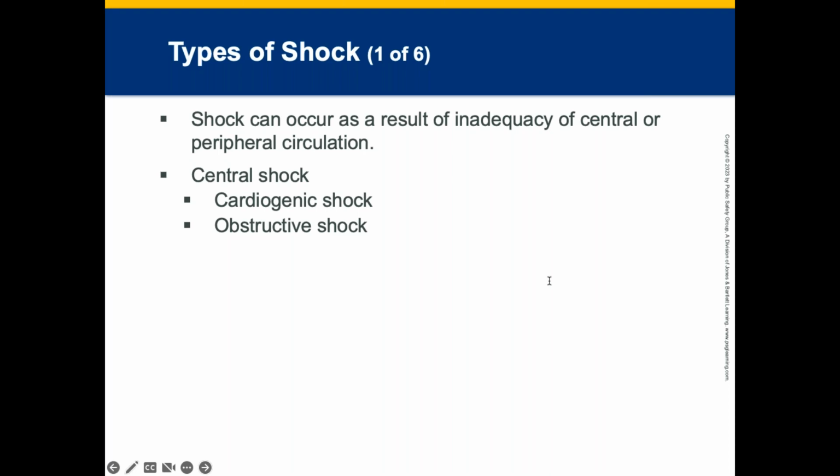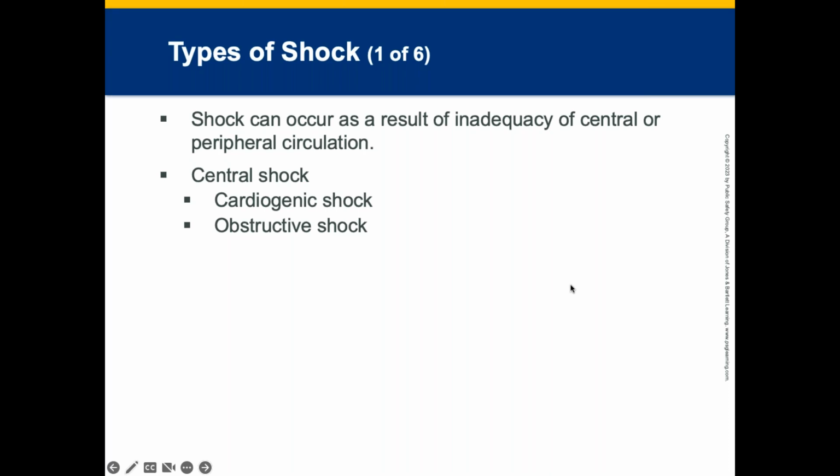So central shock, cardiogenic shock occurs when the heart cannot circulate enough blood to maintain adequate peripheral oxygen delivery. The most common cause is a myocardial infarction, a heart attack, an MI, right? So we've got to make sure we're doing our 12 leads to see if the MI is there. Drawing our labs so that way the hospital has the ability to run a troponin. Troponins take about 50 minutes to an hour to get a troponin level back. So if you can run the labs and send them to the lab once you get there, it saves time.